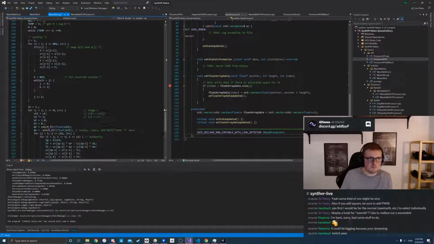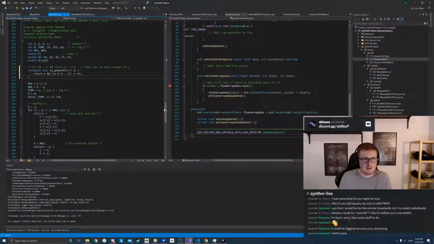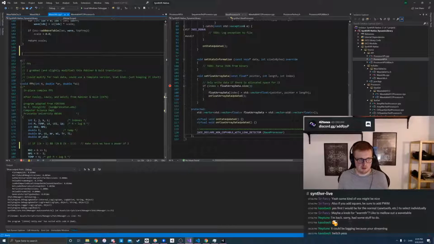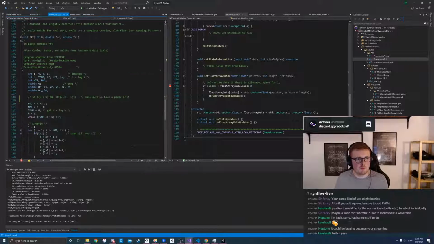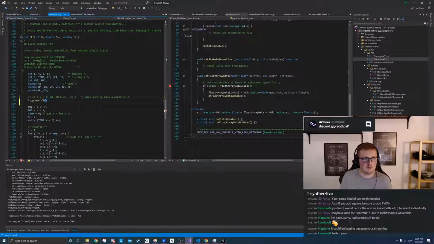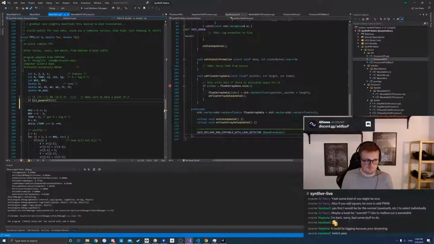How are we gonna do this? I think let's put it here for now. Is power of 2, if so... we're wanting to check if this is not a power of 2. Put the negation in the wrong place there. N must be a power of 2. And if it's not,